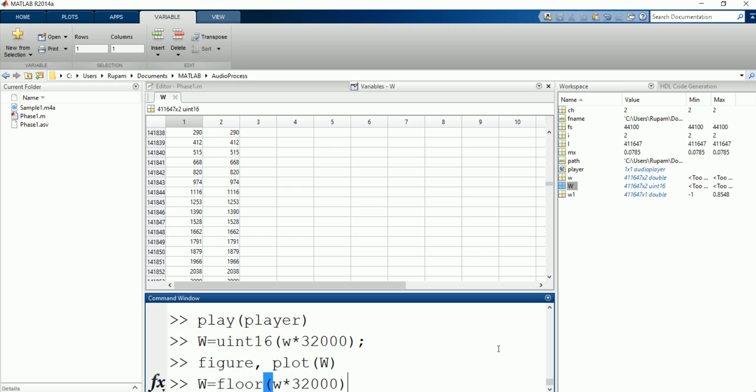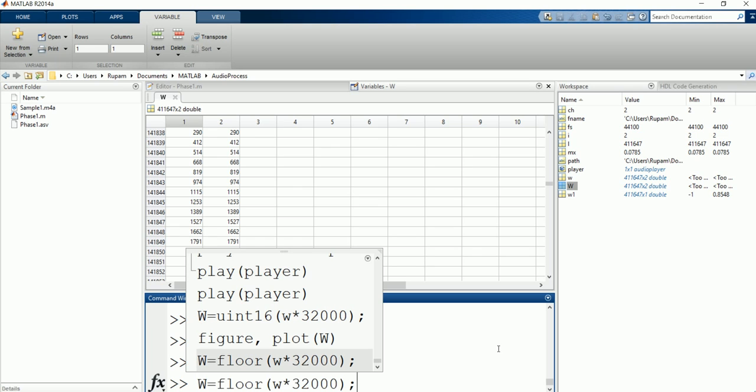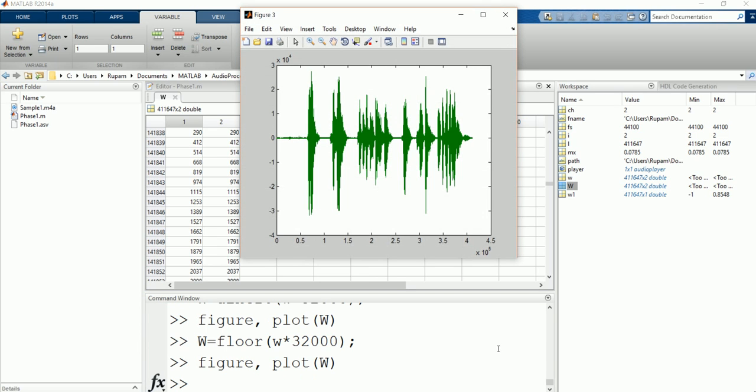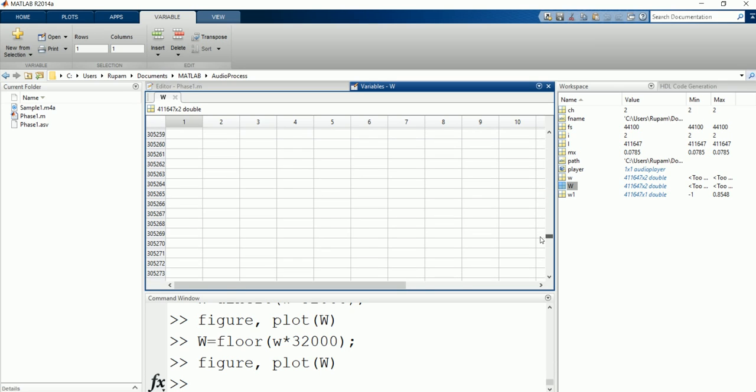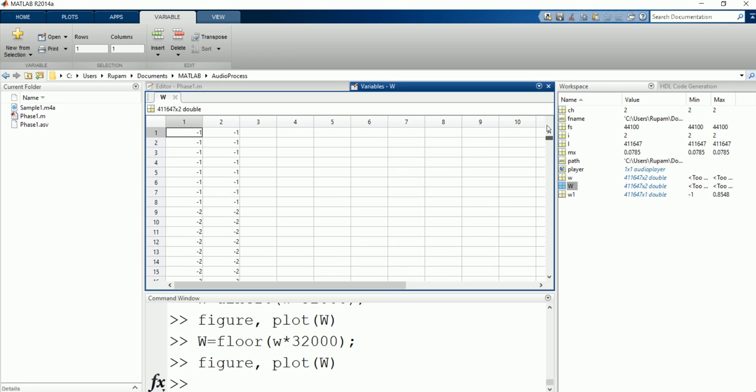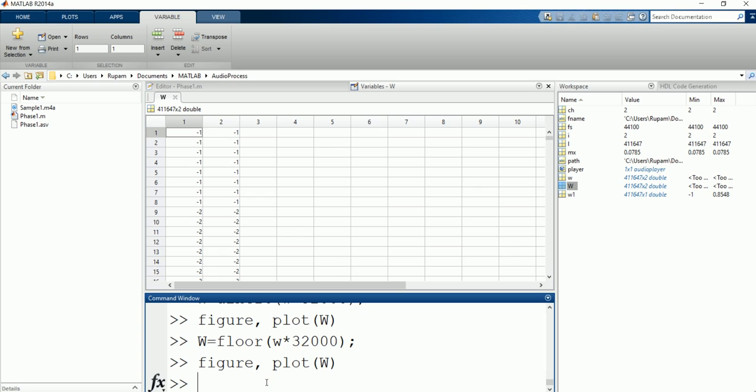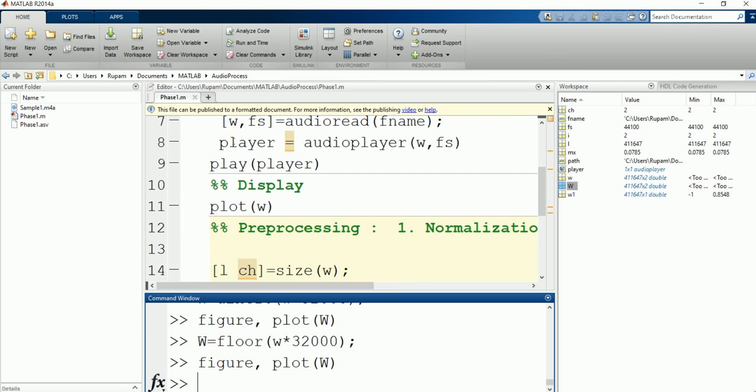So if I floor them, you see, now there is no decimal number. All are integer values. There is no decimal number, right? But if you wave play, if you play the signal, that is